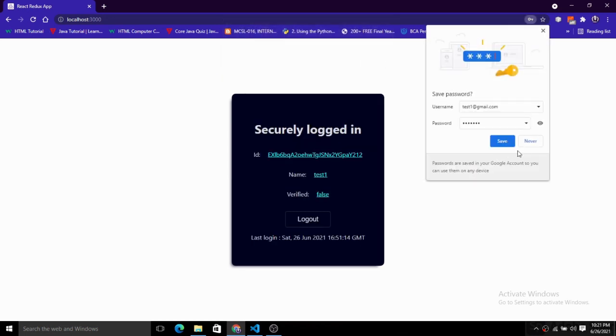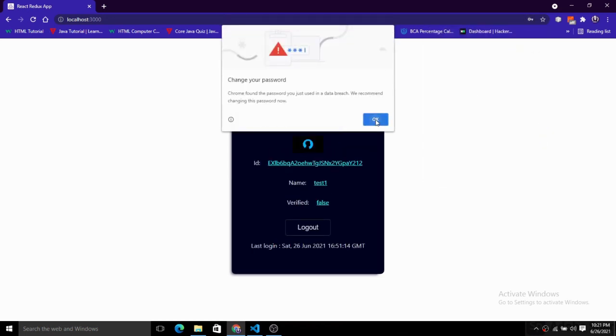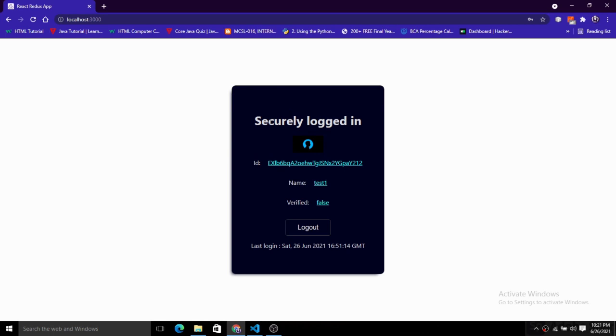And when we click on this, you will see we have the authentication, and we have successfully authenticated the user, and here is the result of this. Here is the unique ID, the name, and whether the email is verified with Google or not, whether it is a Gmail or not. If it is Gmail, then you will see it will be verified here, and we have the status of this, that is the last login status here.